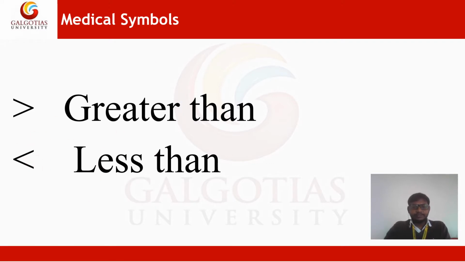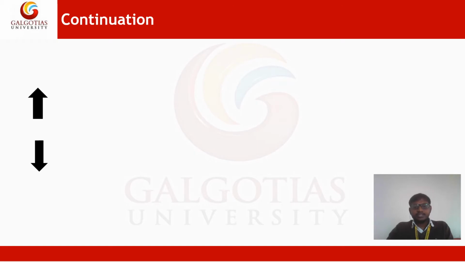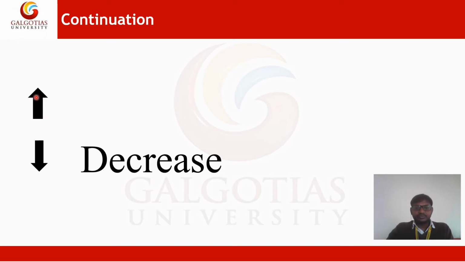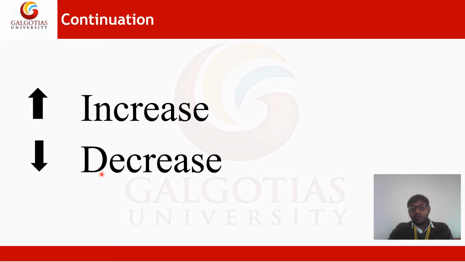And next one, you can see three marks here, and two marks here. One is an arrow mark showing upward, and another one showing downward. Are you able to see? Now, what is the meaning of this one? You can see decrease and increase. Why is it a decrease and an increase? Here there is one midpoint, the center, a particular constant normal value.